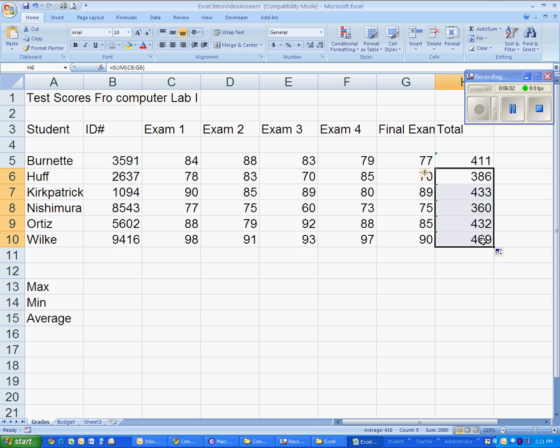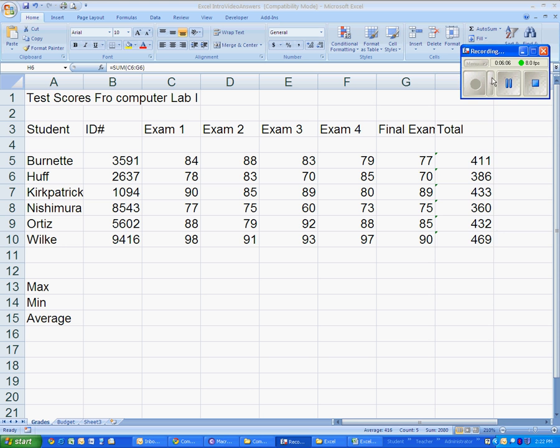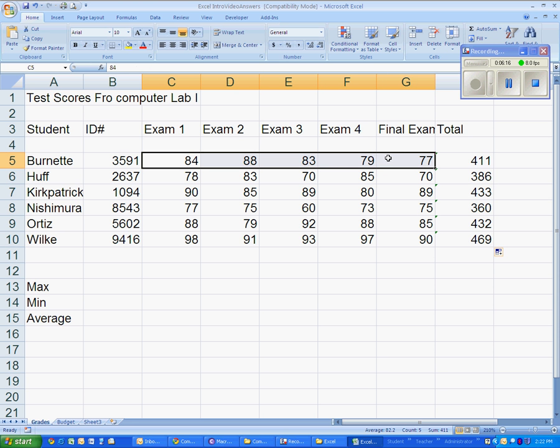Okay? Now that is the total. Now what we want to do is get the average of our grades. The average function is the total divided by the number of items. So we're going to do it the long way first, just to teach you the order of operations. Then we're going to do it the short way. So here's the more